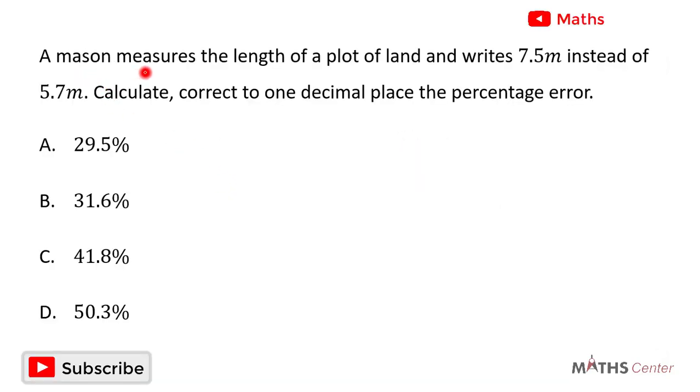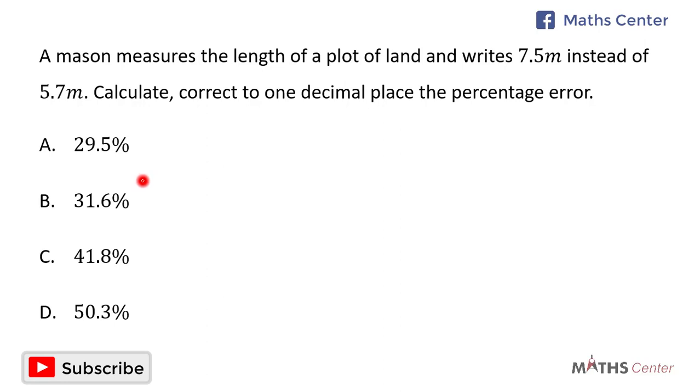A mason measures the length of a plot of land and writes 7.5 meters instead of 5.7 meters. Calculate, correct to one decimal place, the percentage error. This is a multiple choice question, and so we will solve the question, and then after that we will pick